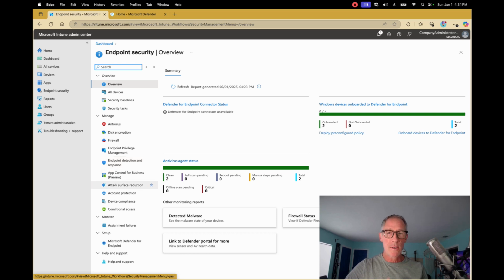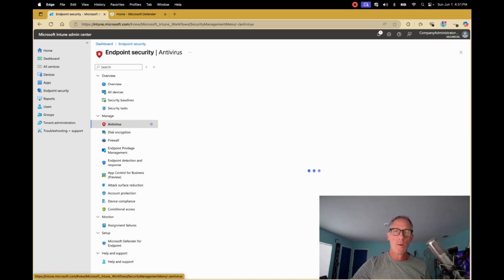So all these things, including attack surface reduction, Microsoft, you can do all of these a different way, but they're right here. They have the settings that we want, so these actually are the best way to do all of these things, I think. So I'm going to click on antivirus. We'll start there,